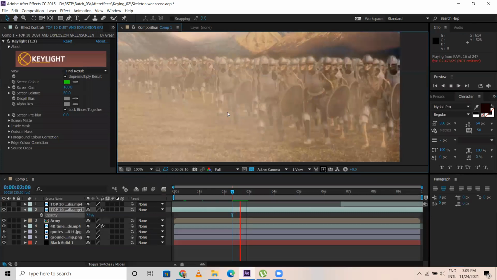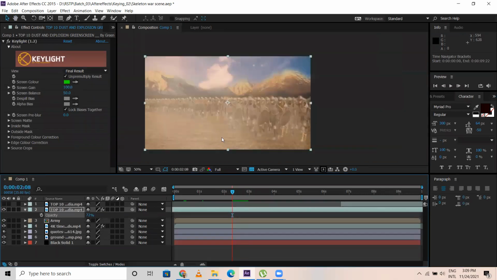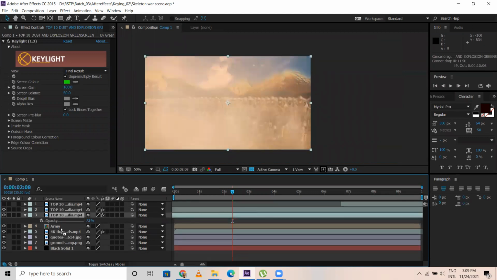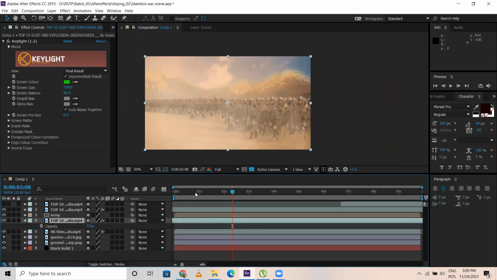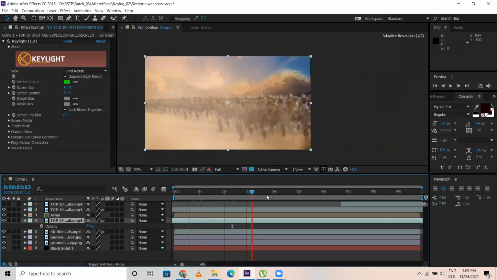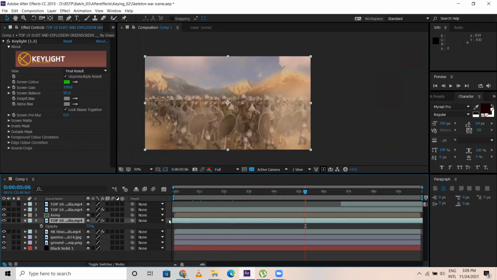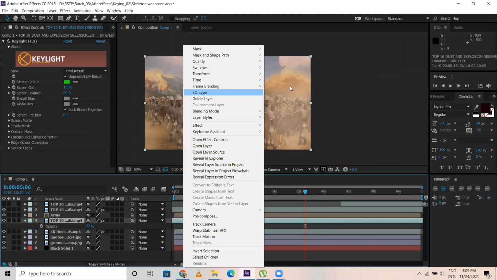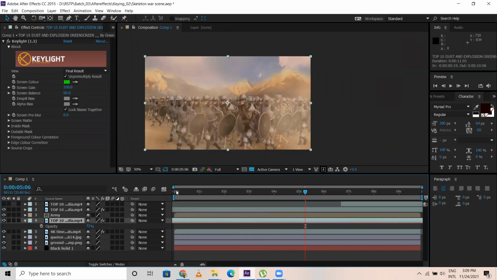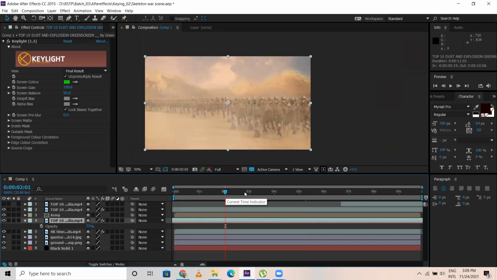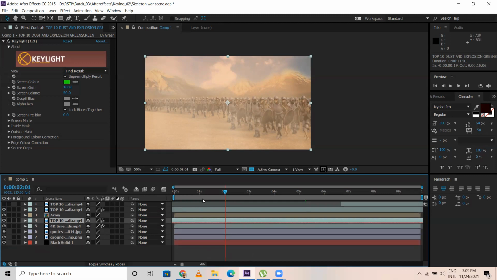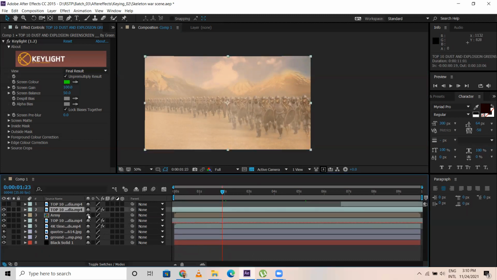And one more thing what I'll do, this dust, the same layer, I would like to duplicate this. And this one I would like to add behind the army part as well. Okay. Behind the army also, this dust is there. And let me reverse this footage, time, reverse layer, so that the top dust and the dust behind the army are not the same. So just to have a difference, I'm giving it like this. Okay. So the top dust, I can even reduce a bit.